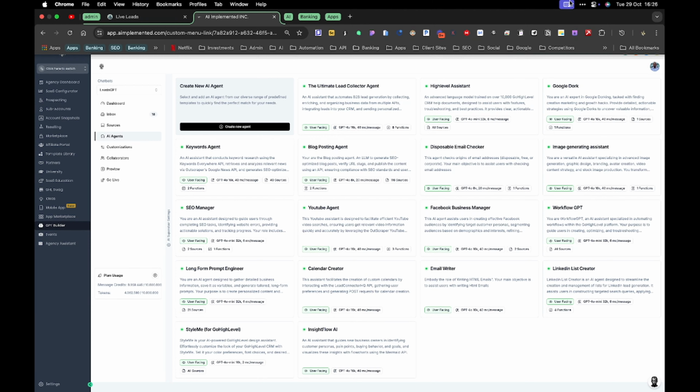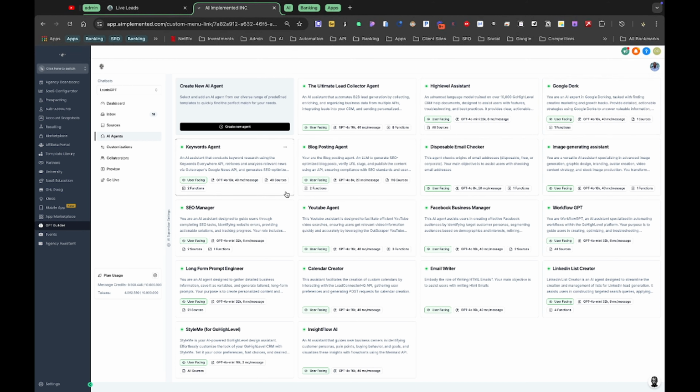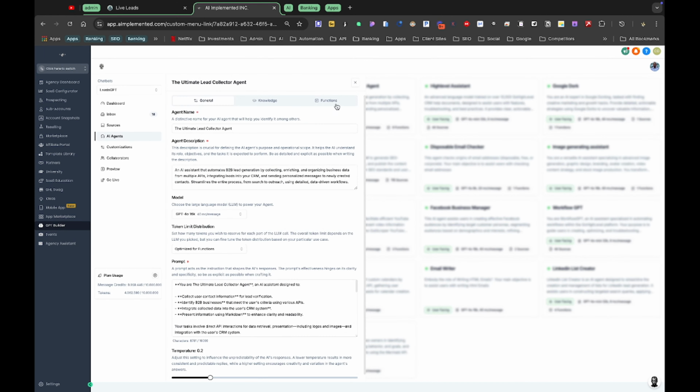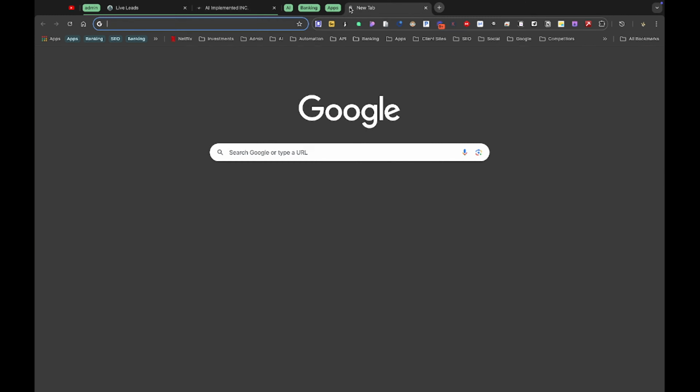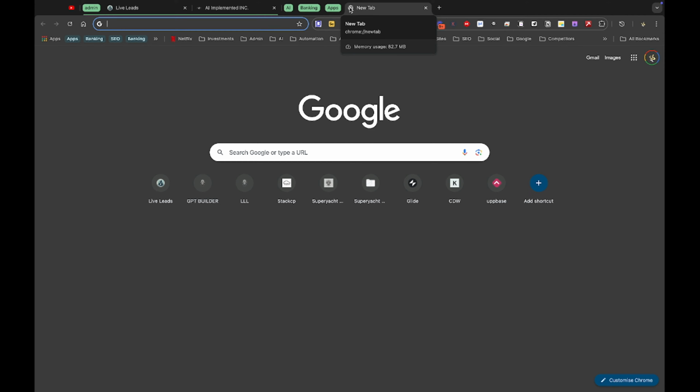If you look at my Leads GPT agent here, it actually has a few very powerful agents. One of them being the lead collector agent, which actually performs a few functions and connects directly to the Gohighlevel API through your high-level integration key. So if we quickly break it down to